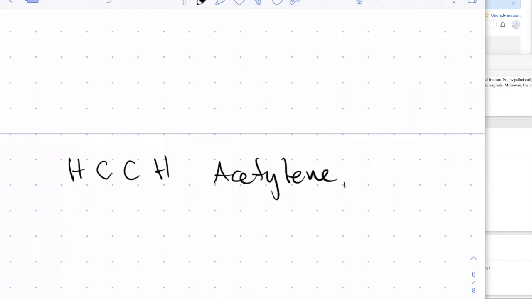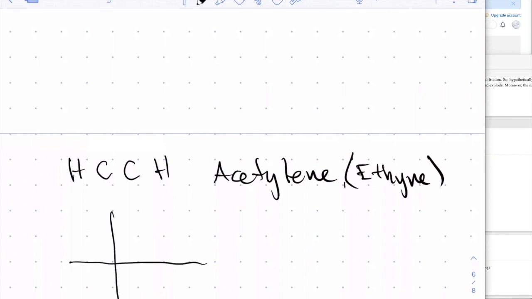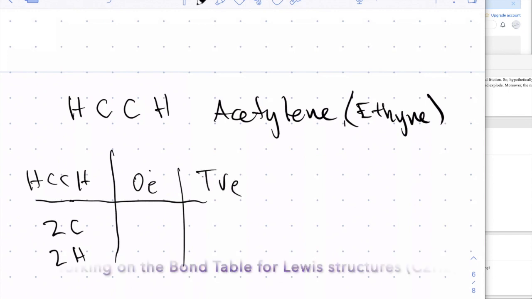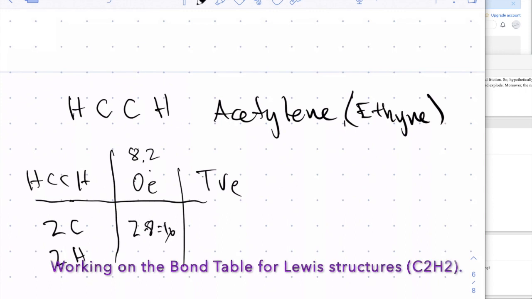It's also known as ethyne in organic chemistry. Let's do our bond table. It's got a hydrogen, a carbon, carbon, hydrogen. It's got 2 carbons and 2 hydrogens. So we want our octet electrons and we want our total valence electrons. Remember, this column can only be 8 or 2 for hydrogen, so it's 2 times 8 equals 16, 2 times